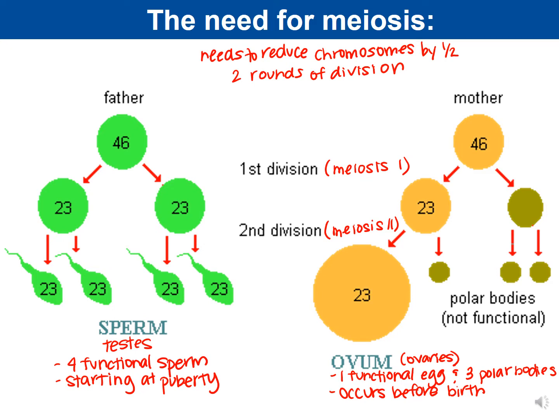Now, what is going to initiate them to complete this process? Well, for females, when you hit puberty, your ovaries are going to release an egg every month. And that process is called ovulation. So the process of ovulation is that one of your ovaries is going to release an egg. The egg is going to travel down the fallopian tube. And during this process, it's going to continue to do meiosis